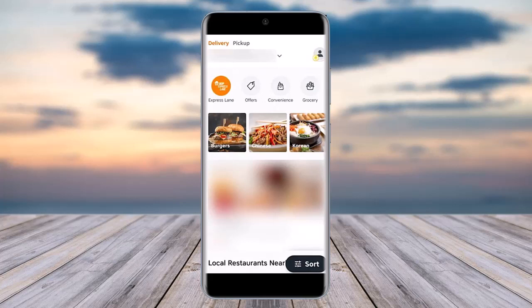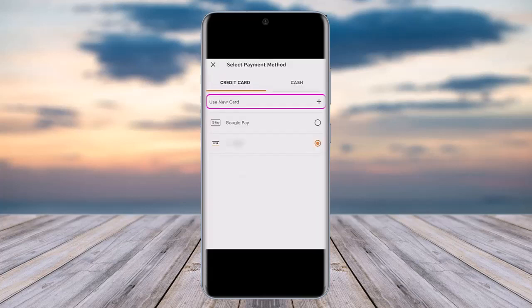ahead, check out, choose your item, your quantity, and in the checkout section you're going to find this option of a payment. Once you tap on the payment, in the payment method section, it will let you have two options, which includes a credit card and the cash. Now here in the section, you're going to tap on, go to section of credit card and tap on this